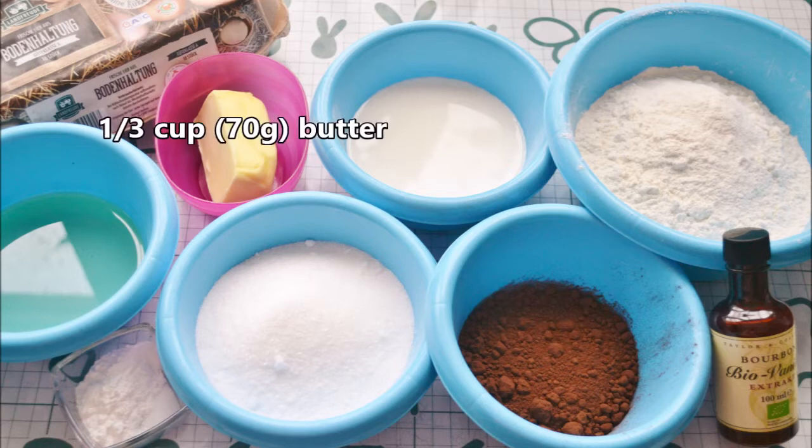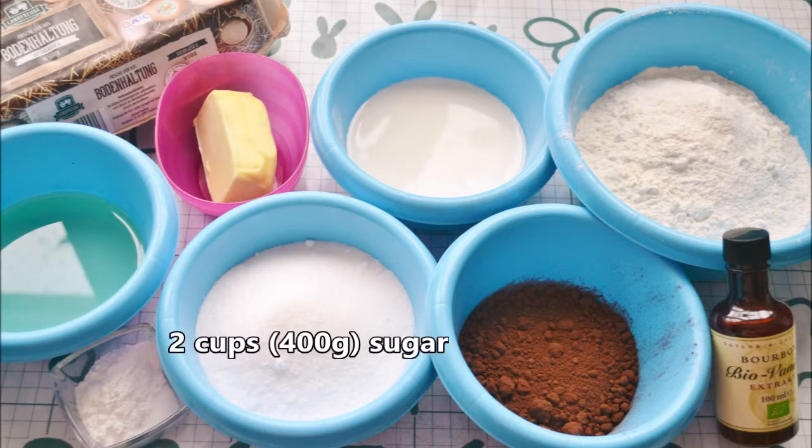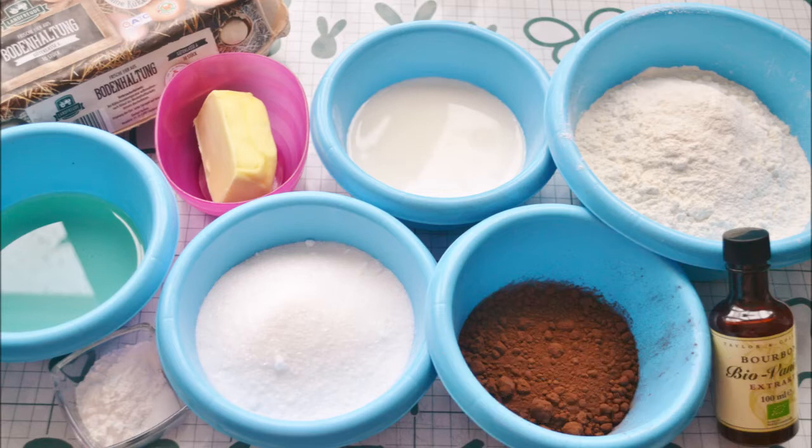We need 1/3 cup or 70 grams of butter, 2/3 cup or 150 milliliters of oil, 2 cups or 400 grams of sugar, 1 tablespoon vanilla extract or 3 tablespoons vanilla sugar, 1 tablespoon baking powder, half a teaspoon salt,